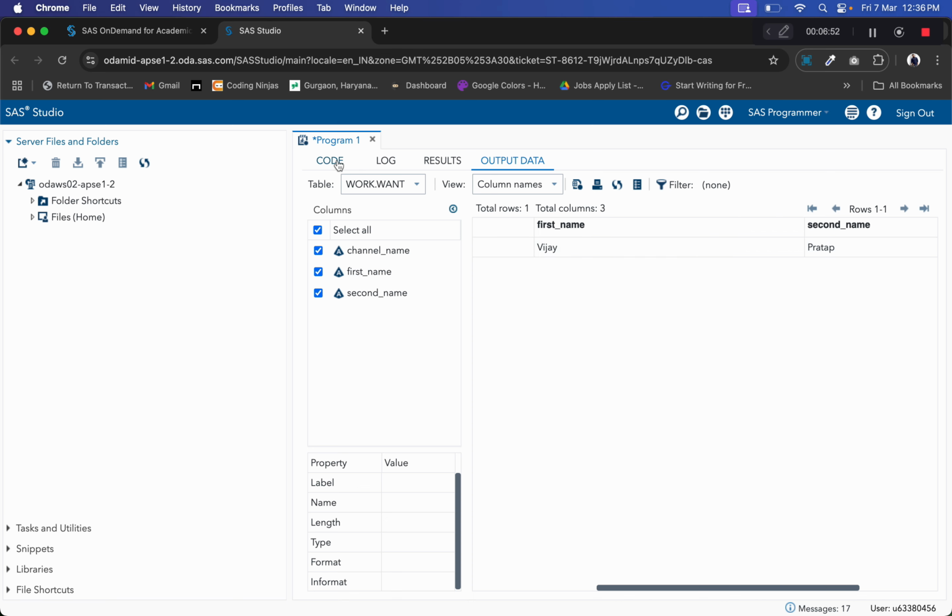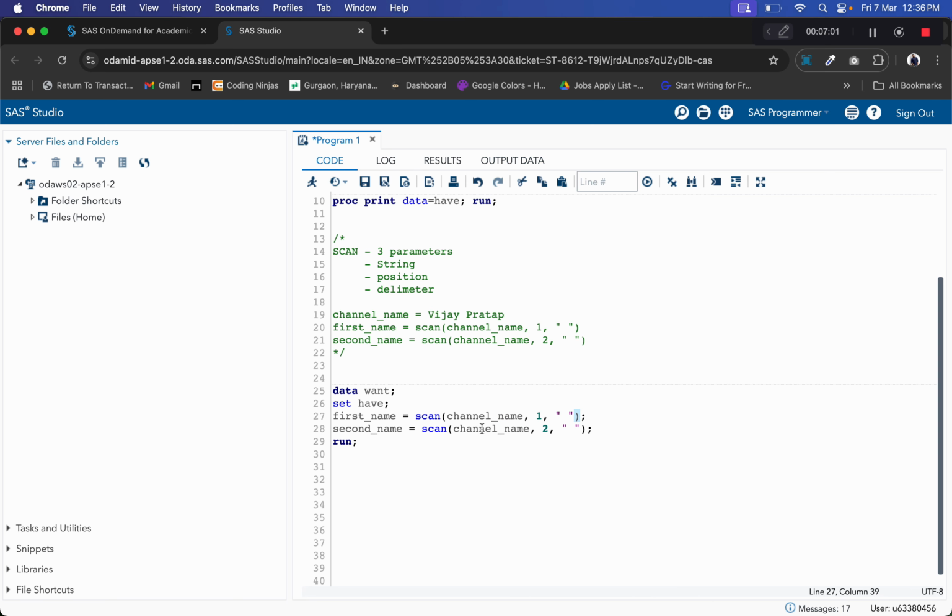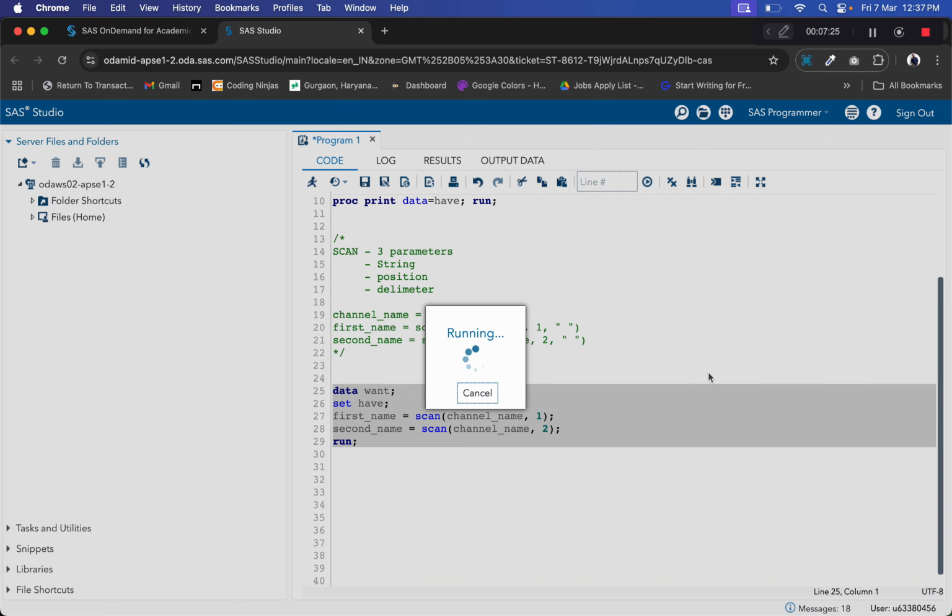Now, I just wanted to clarify one more thing in this scan function. Even if we don't pass the third parameter, which is the space, by default the scan function always takes space as the delimiter. So let's remove this and run the code again to see if we get the same output.